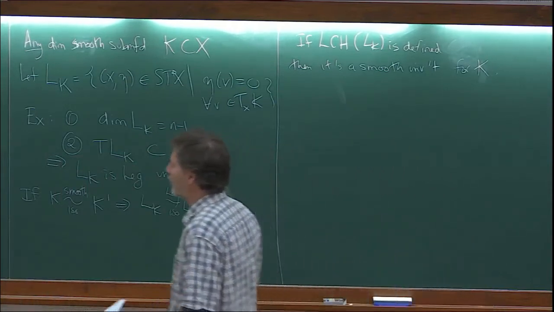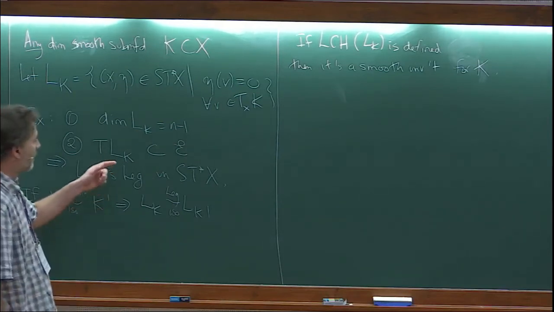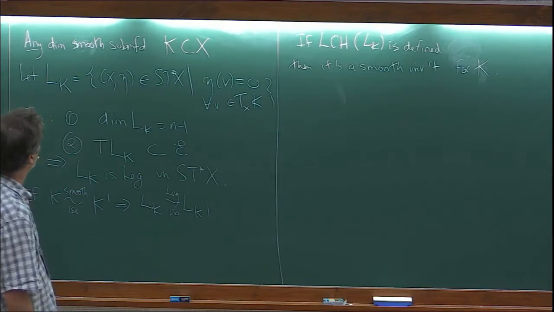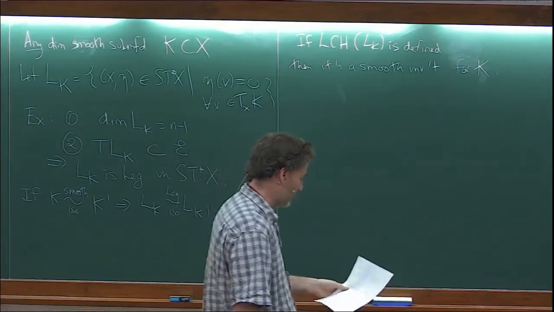So far we've defined it for one-jet spaces, and here we're looking at unit cotangent bundles. Now in the special case,